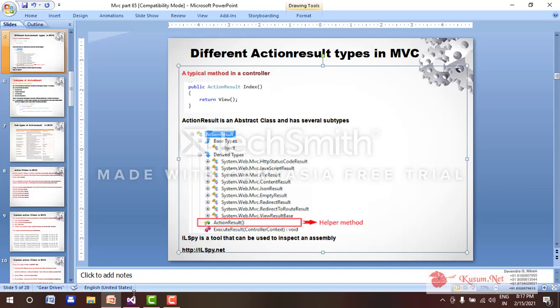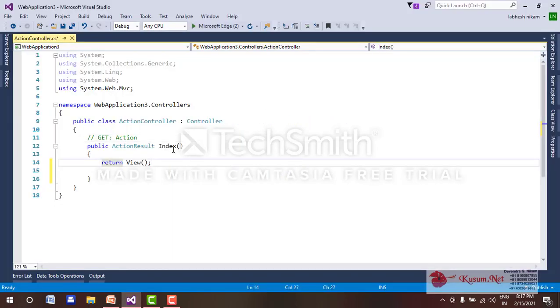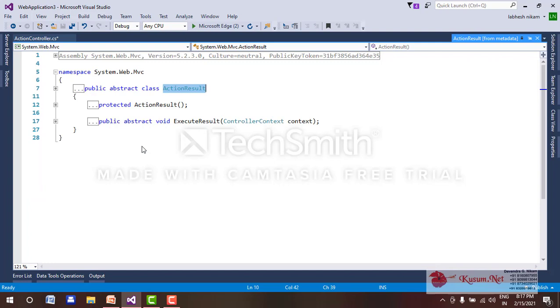Let's flip to Visual Studio. This is my index method, and when I press F12 on action result, it shows us that it is derived from an abstract class.